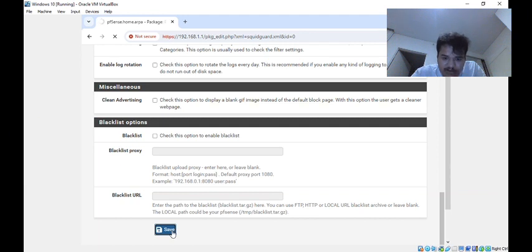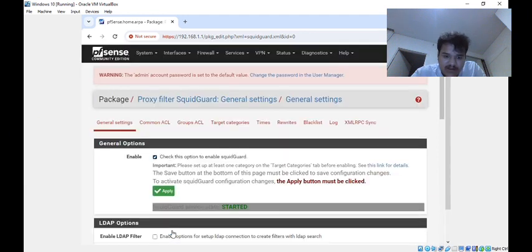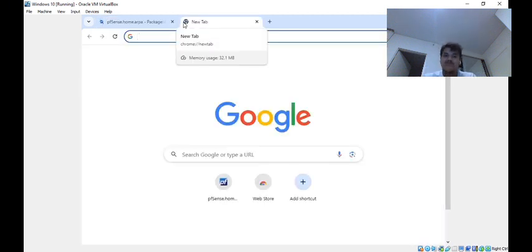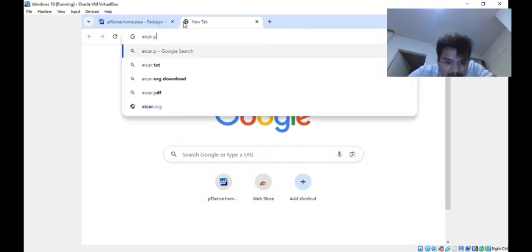Click on apply button to apply the settings that we have just done. So we just click on apply, and then we wait. Then we can go to the site that will have the virus which we are going to block. So it's going to be